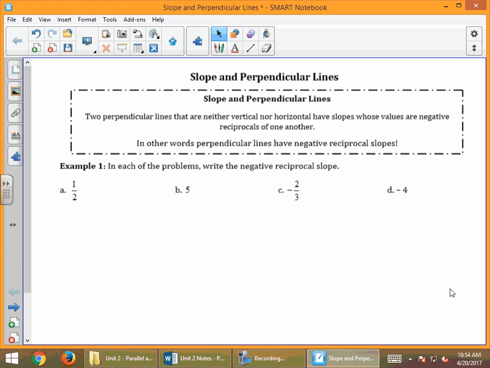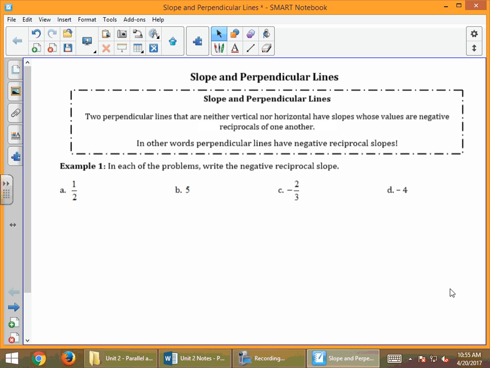This section of notes is really similar to the last section. We're still going to be looking at slope, but we're going to be looking at the slope of perpendicular lines. And we talked about perpendicular lines in the previous unit. Remember, perpendicular lines are lines that intersect and form right angles. Okay? And what we need to know about perpendicular lines